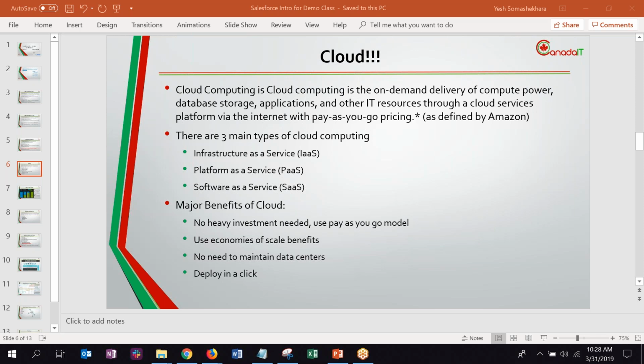Another thing is you don't need heavy investments. They use a pay-as-you-go model. So for example, let's say you want to buy a laptop, but you don't have the money to buy a laptop. If somebody is offering you, okay, you just use your phone, log in through the browser, and you have everything you want. Like your Word, Excel, PowerPoint, all the applications you need, but you're just going to pay $10 per month. That's much better than paying $1,000 right up front, because you don't know how long you're going to use it.